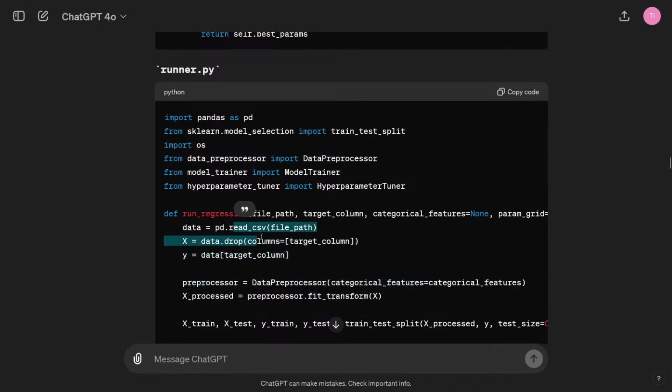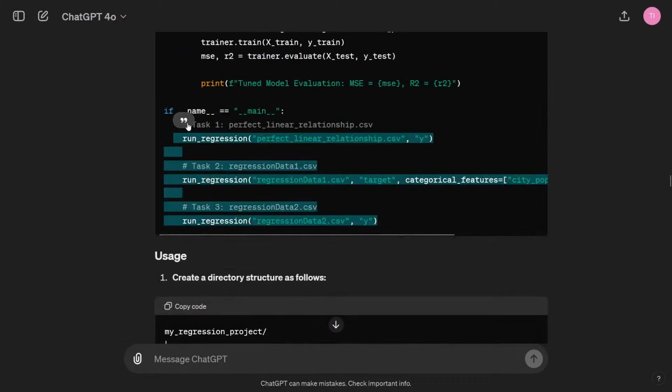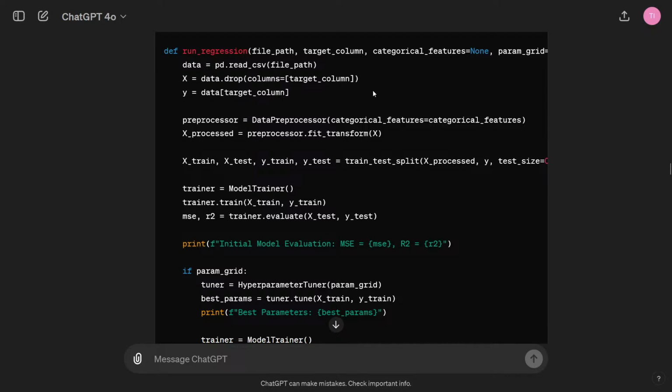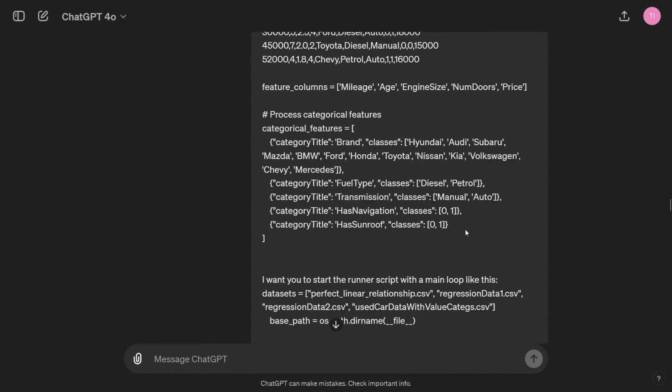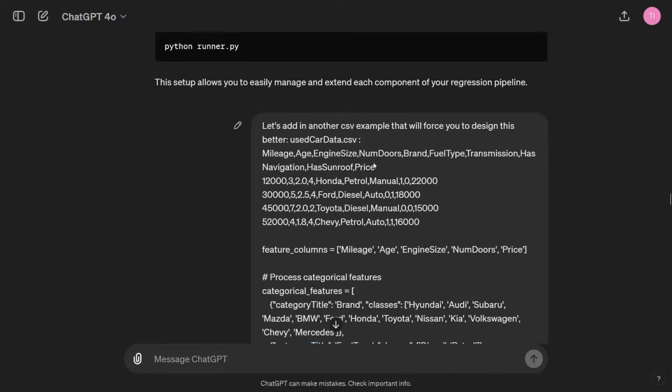One problem here, though, is I can already see with the runner, it doesn't go through all of my data sets like I asked it to. But out of the 7 or 8 different ones I tried, one of them gave me a pretty good go at it. So I fed it back along with this other example that uses categories. I think I showed this the other day in a prior stream. This was one that I also had ChatGPT help me make some data for, basically training and guessing the price of a car based off of the mileage, the age, other numerical values, and categorical values, like the,